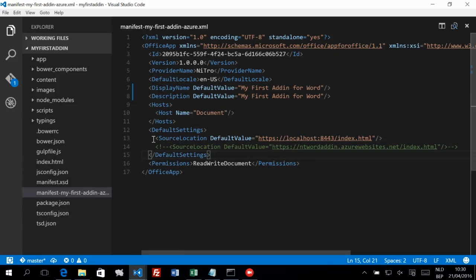And then the most important one is the source location. Where can we find the entry point for our add-in? The manifest describes where the actual add-in code, the web application, is sitting. In this specific case, it's sitting on a local directory. So first, because we're going to be self-hosting, what we're going to do is